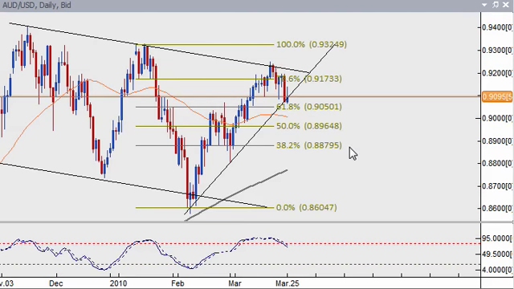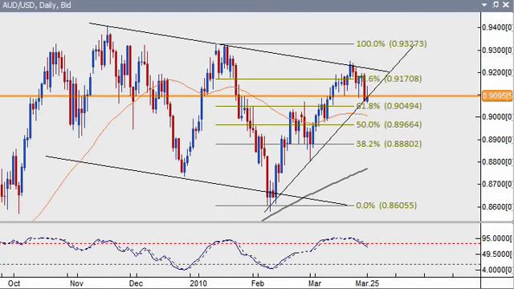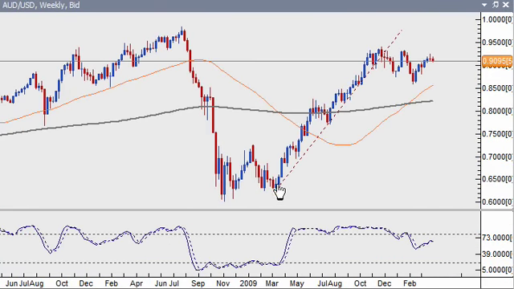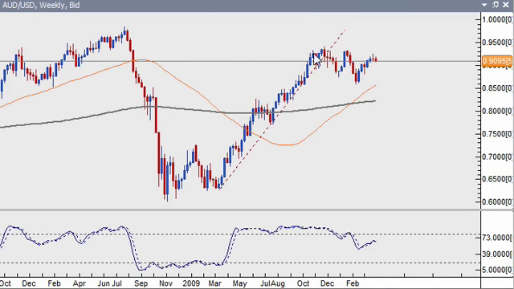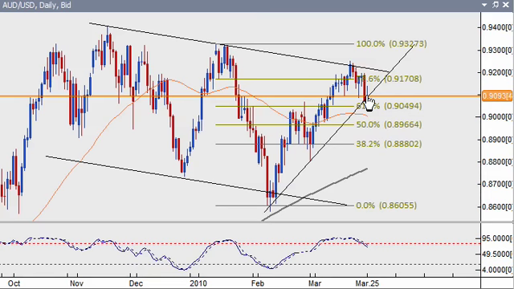Now we turn to the Aussie dollar pair, which has been strong, and you can see that in the weekly. The market rallied since March 2009, but since October or even September last year, the market started to be in this sideways consolidation, slightly tilted down, and at the moment the market looks to have held this current rally below 0.9250. So looking at the daily here, we see that the market topped off at 0.9250 and now is